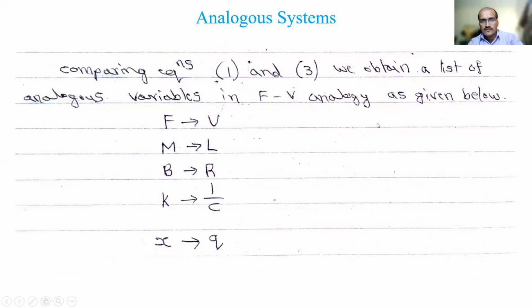What is the meaning of this? If you have any mechanical system, we will write its performance equation, and then in that performance equation we will straight away replace each quantity by an electrical quantity. Then we will write the electrical network. Once you know the electrical network, you know how to analyze it and find the values. Last time we did network theory, where you directly got the electrical network, and you don't know how that network came from.